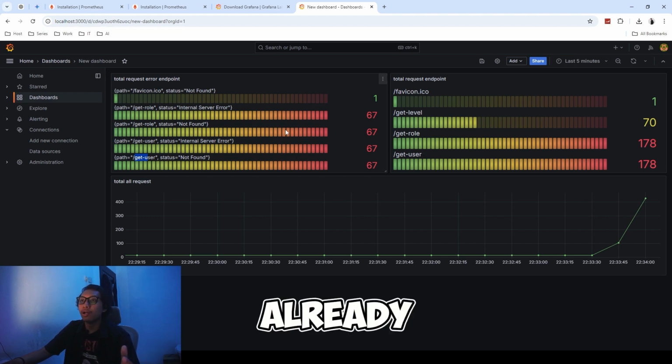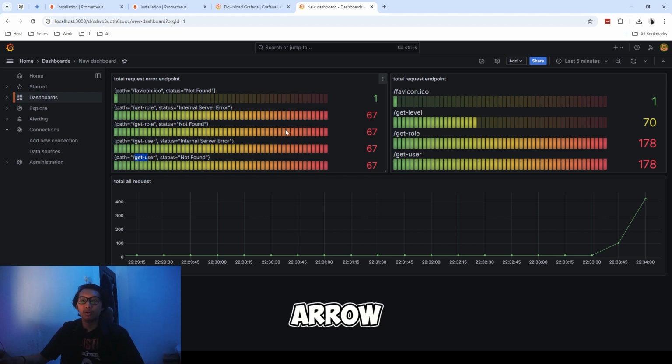We already specify the error on each endpoint. I believe you guys get the idea. With this visualization in Grafana, it will make it easier for you to see the error on our endpoint.